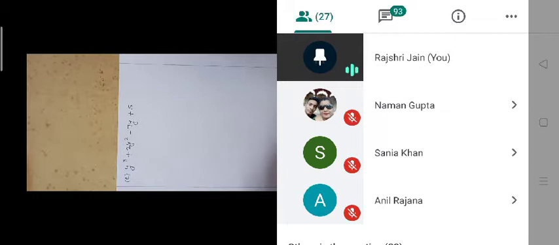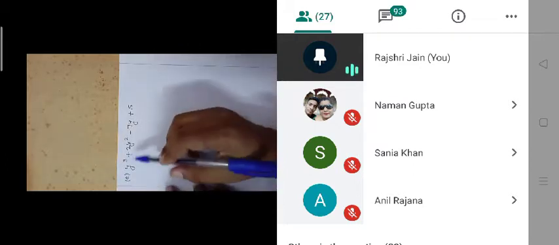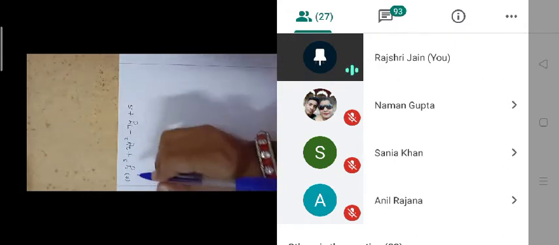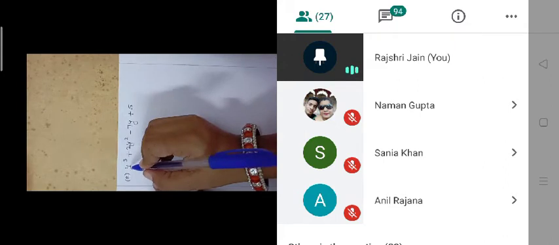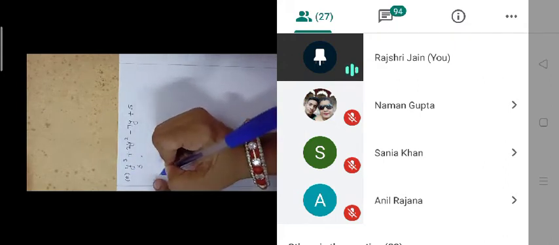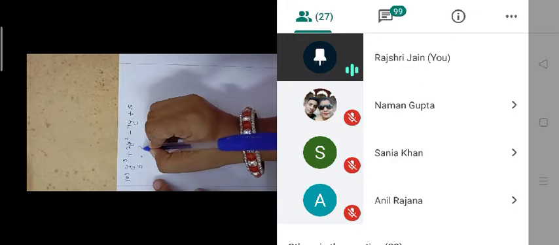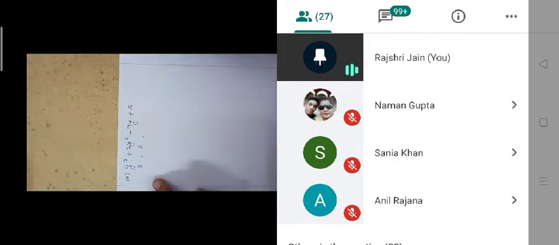The E part is y cube plus 2y square minus 7y plus 5. Again we have to find its degree first of all, and for that we have to find the degrees of terms. In the first term you can see one variable is present and its power is 3. So degree of the term will also be 3. In the second term the variable is y and its power is 2. So degree of the term will be 2 because one variable is present here.